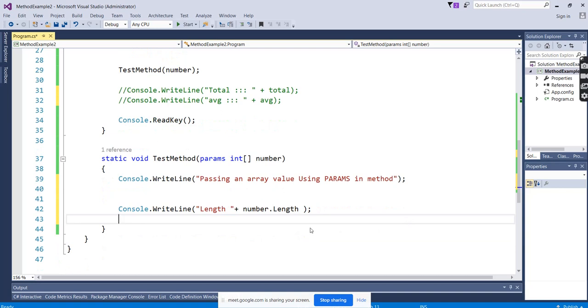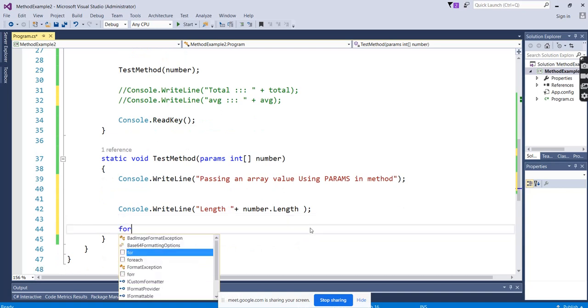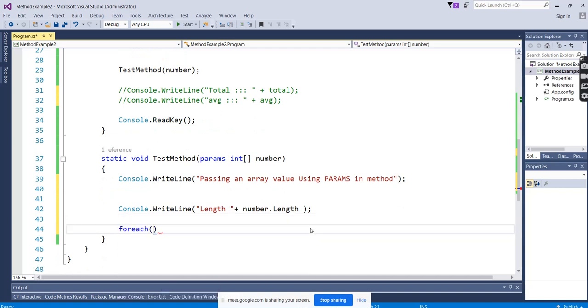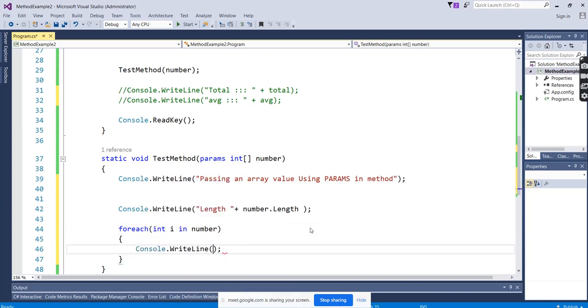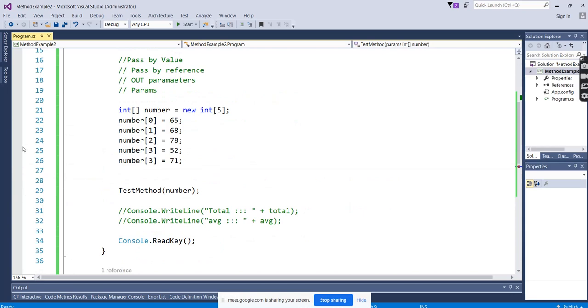If you want to see the values, you go with the foreach loop: foreach int i in numbers. Just go for it, Console.WriteLine. Okay, just debug it. Press start.